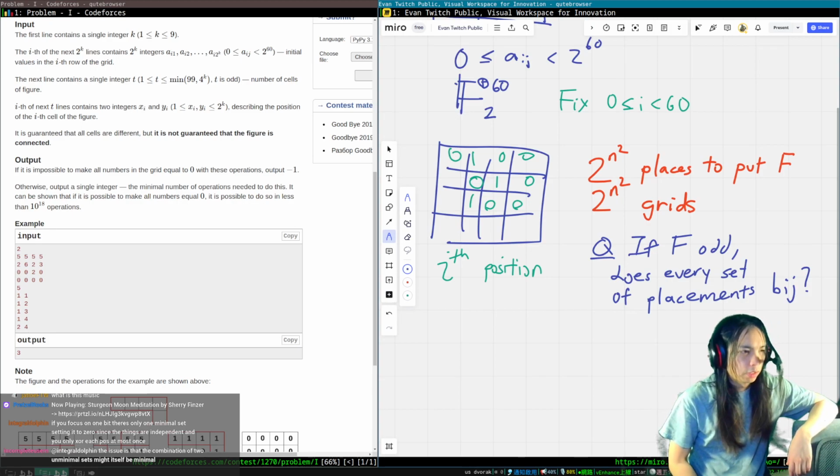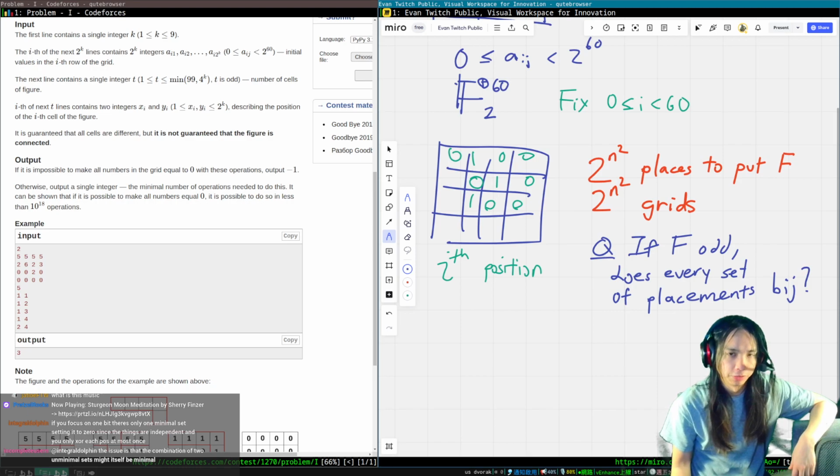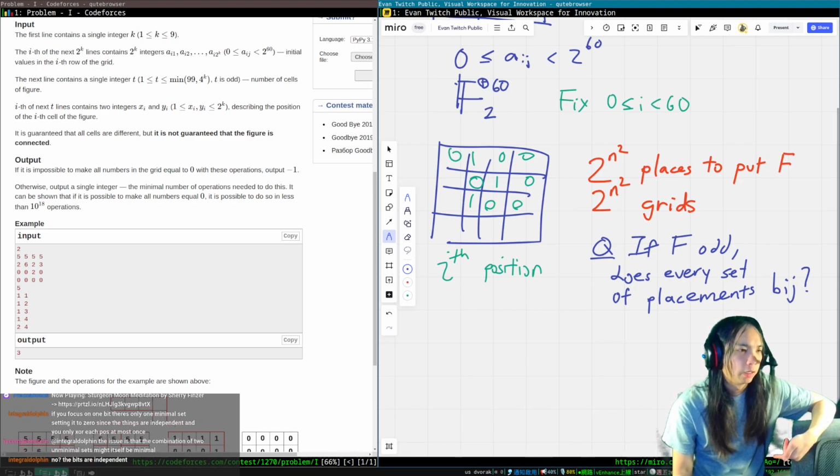Yeah, so I was worried about the same thing, but f is odd, I'm assuming for a reason, and I hope this is the reason, because if it turns out that